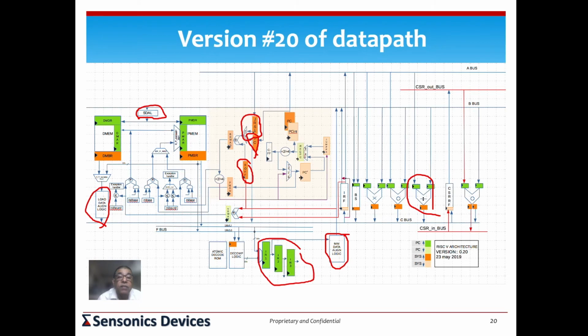As you can see on this red line, this comes from the load data, immediate data alignment logic. So this comes from here, it writes into the base offset, and depending on what the instruction is, if it's a jump instruction, it picks this, otherwise it picks the PC, and then one of those gets multiplexed, and this gets added and produces the virtual memory address for the next instruction,